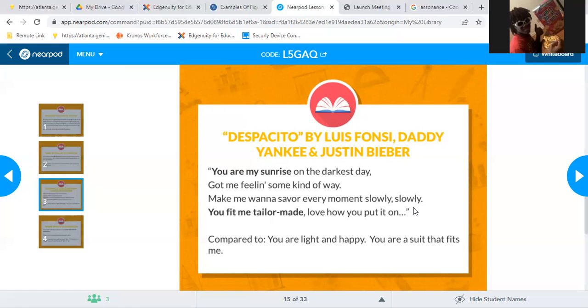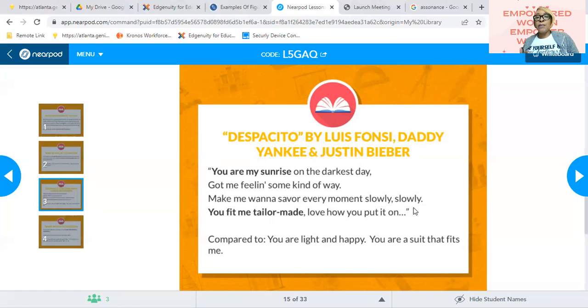So they're showing you how the artist is using figurative language as opposed to just saying exactly what they need to say. If you can see, these are the lyrics, and if the artist was just to basically say what they needed to say, it would be rather boring. So you can see how these lyrics make it more enticing, as opposed to just saying what needed to be said.